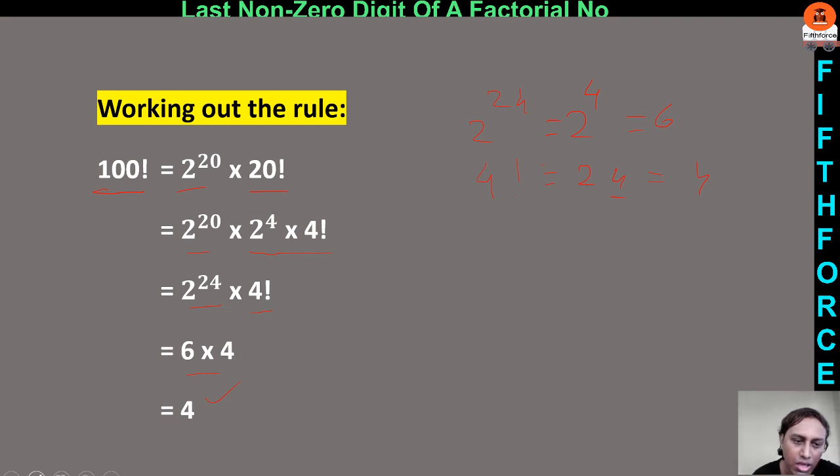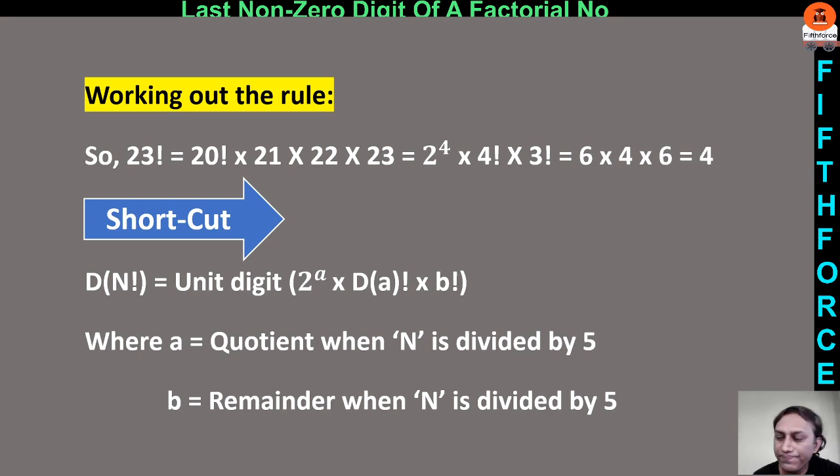Okay? Now, guys, you must be wondering, the two examples I took are all multiples of 5. So if it is not a multiple of 5, then how can we find the rightmost non-zero digit? Let's take this example now. Let's say the number is 23 factorial. So let's do one thing. Separate the nearest multiple of 5, which is 20 factorial, then the remaining number: into 21, into 22, into 23.